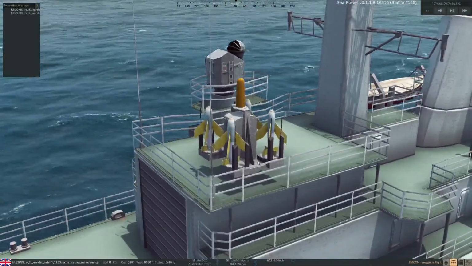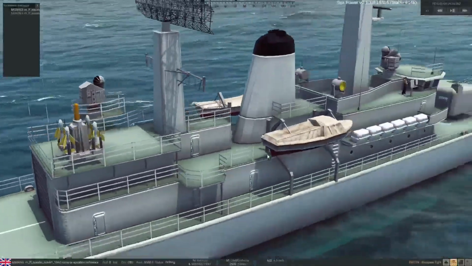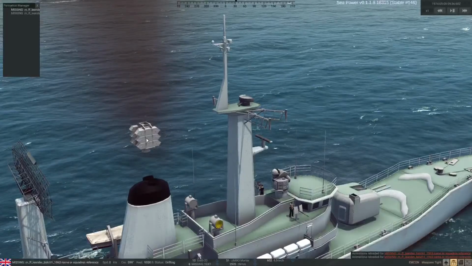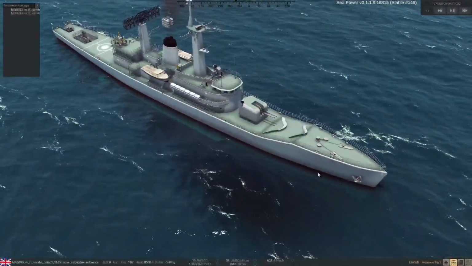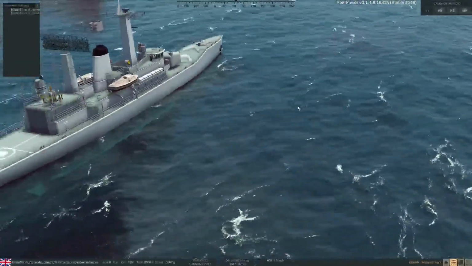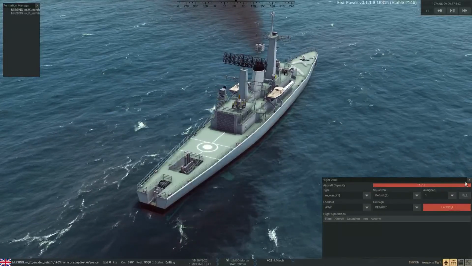Built a quad launcher for the Seacat. I use this just to test out the Seawolf. But this is essentially a batch 1 Leander, which has